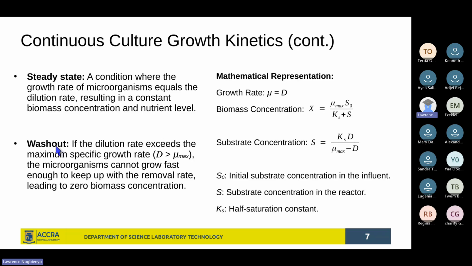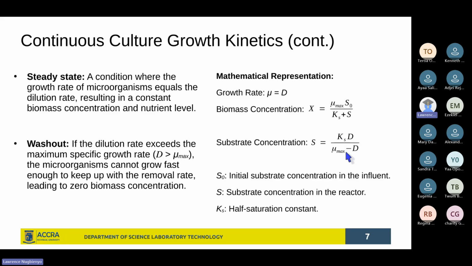And so there will not be any production per se. And so at the end, you have what is being referred to as zero biomass concentration. Nothing is stored in, nothing is produced in there, and nothing can be harvested in the end. And if you look at it mathematically, looking at, say, substrate concentration being equal to the product of half saturation constant with dilution rate divided by